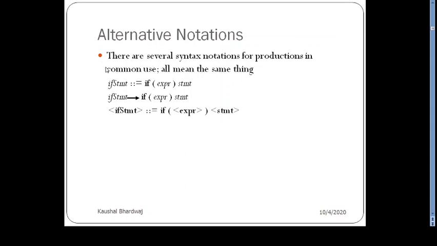The one notation that we know is Backus-Naur form. Other kinds of notations are also available. You can write it something like this. Arrow can be written in place of double colon equal to. In that case, it will not remain Backus-Naur form, but still it will remain a production. It will still remain a part of the grammar. It can also be written like this. In some books, in some texts, we find it written like this. This is also a notation.